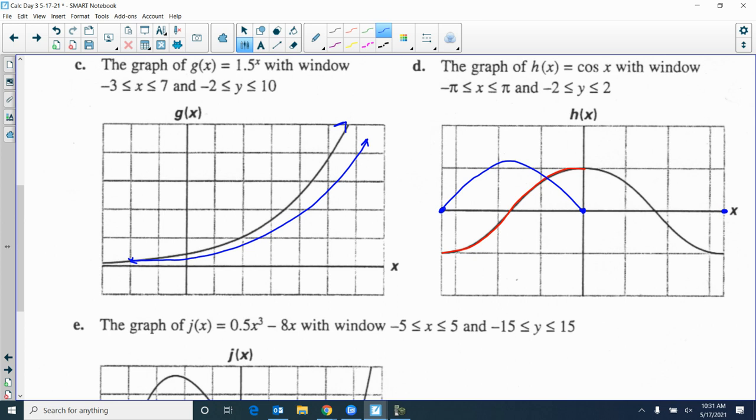All right, what's going to happen between the next 2 points? This piece here is a decreasing graph, so it means the slopes are negative. Where would the steepest slope be? Probably right around in here. And then it starts to flatten back out. So it's going to look like